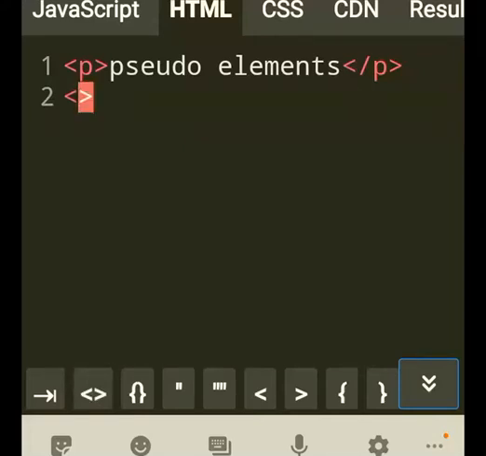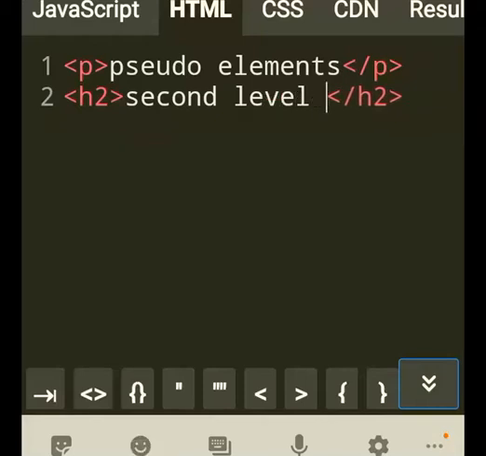Then I do a header, H2. Second level header, let's call it like that. Just to say anything.